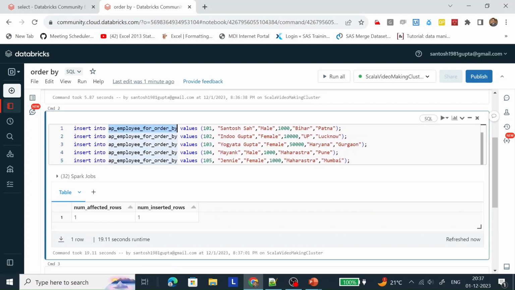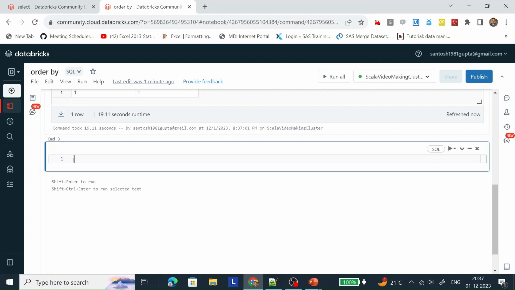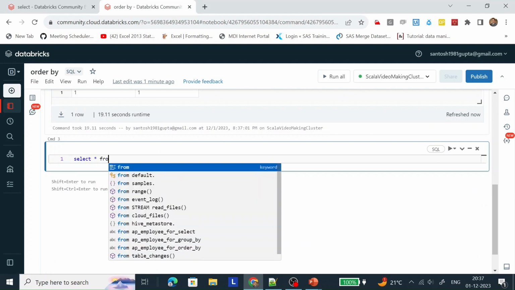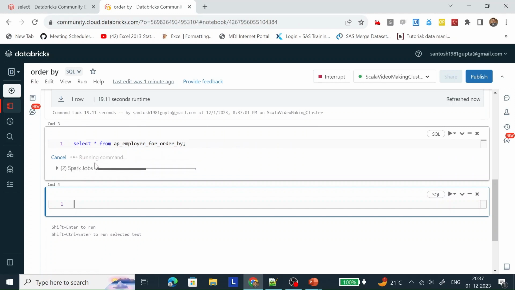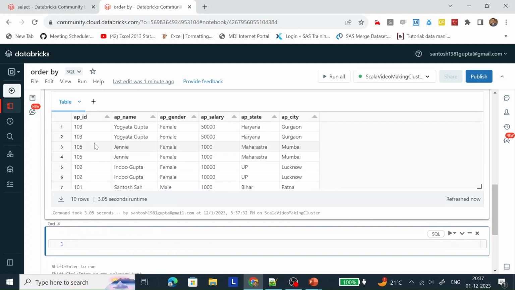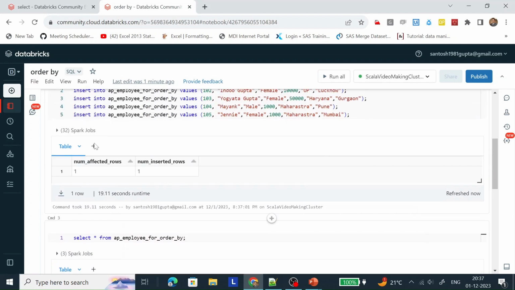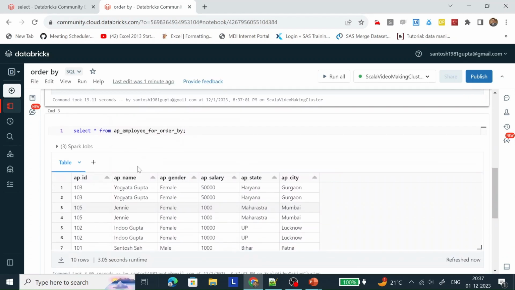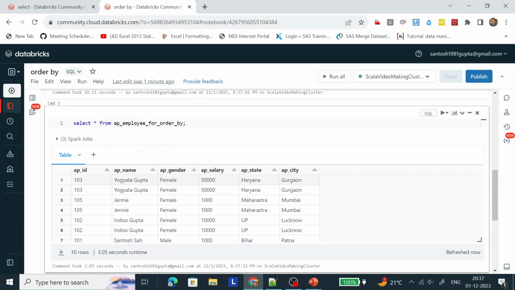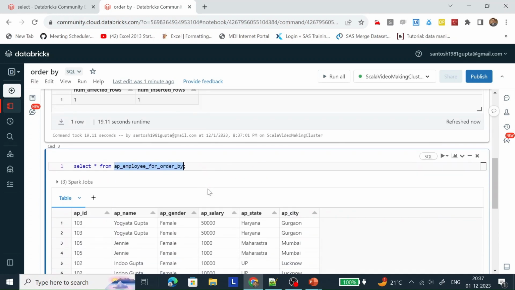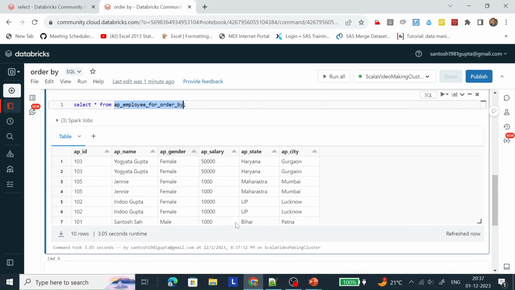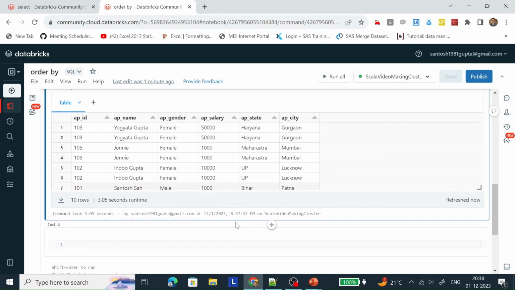So let me do a select star from the table. These are the same records which we have inserted here. I think there are duplicate records. Maybe I created this table previously and just inserted some records in it, that's why the same records are there. So no worries, the records are there.